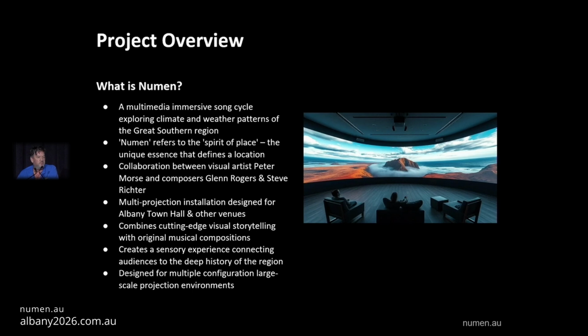So, of course, working with Glenn, I can create anxiety in Glenn by saying we need to write a song about the history of climate change in a given region. How does one do something like that? It's a kind of interesting intellectual challenge, but he's up for it. Numen refers to the idea of the spirit of place. It's got a kind of Latin root going back thousands of years. And as I said, it's this collaboration. And what I'm looking at is I've got a background working extensively with immersive, high-resolution, multi-projection systems.